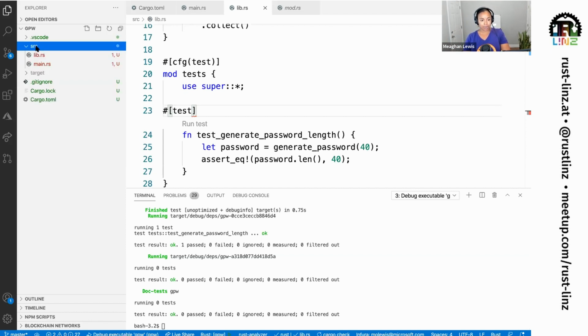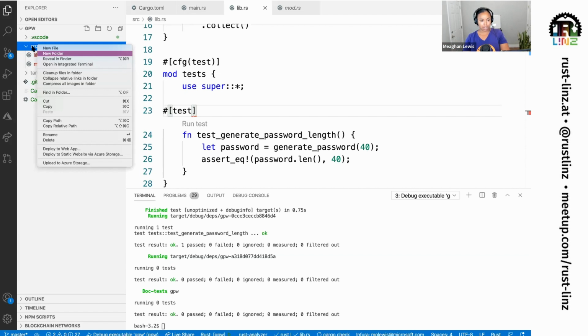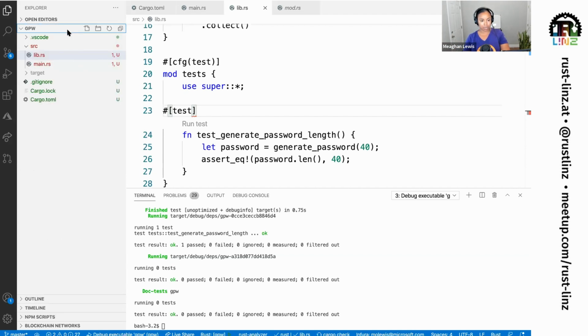So let's go ahead and create this new folder, not in source, but a top level folder. Okay, there we go. It's outside of source now. This is going to be called test, and that's just the general convention that you use.